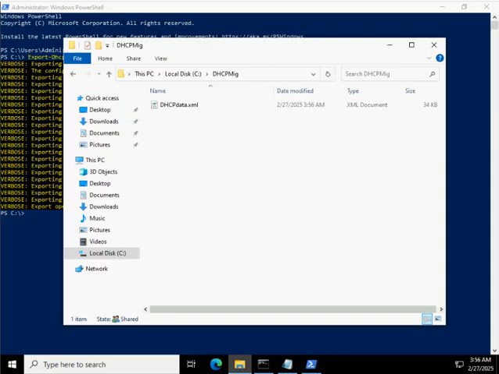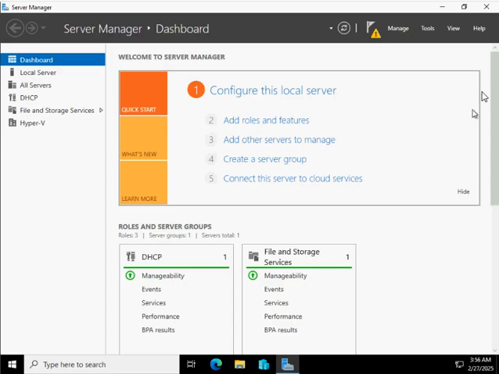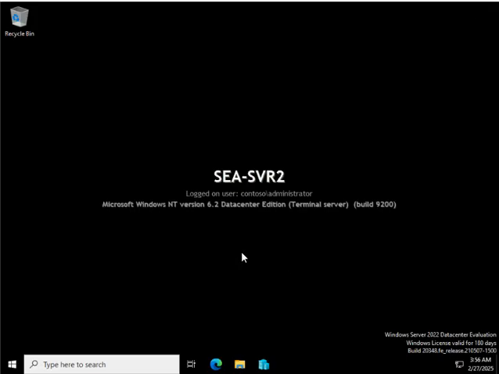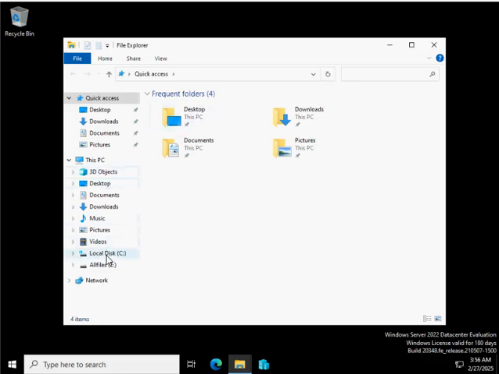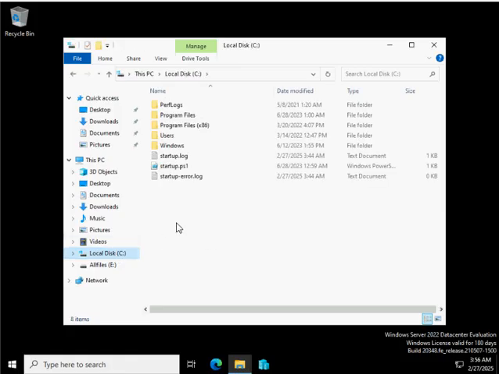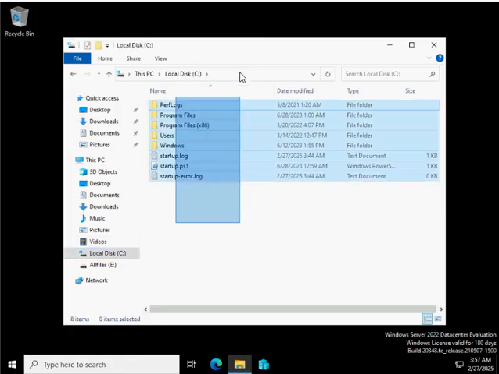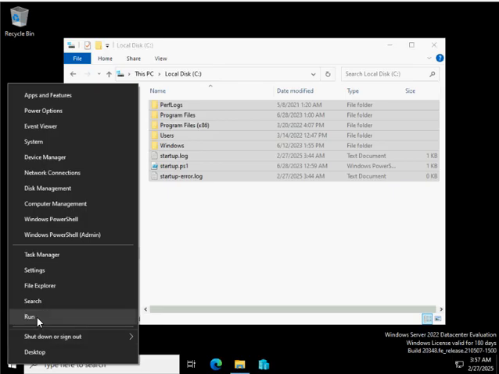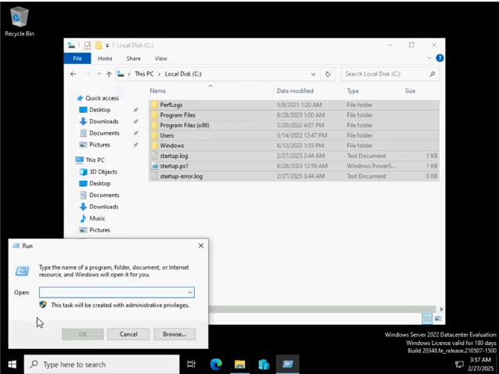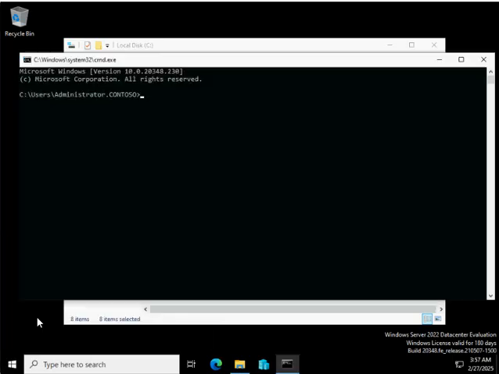Now we have to go to the second server, server 02. Okay, as I already told you, what we need to do is go to the C drive or whichever drive, right? First I need to copy that share folder, the folder that I've created there, from that machine to this machine.